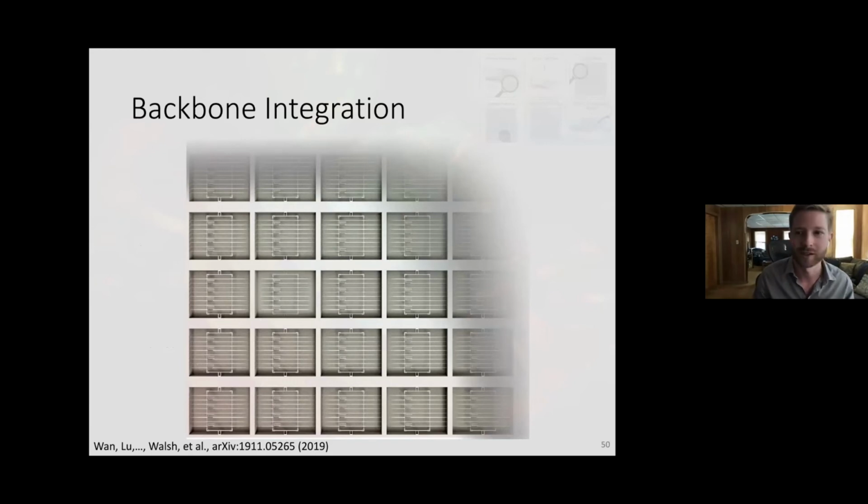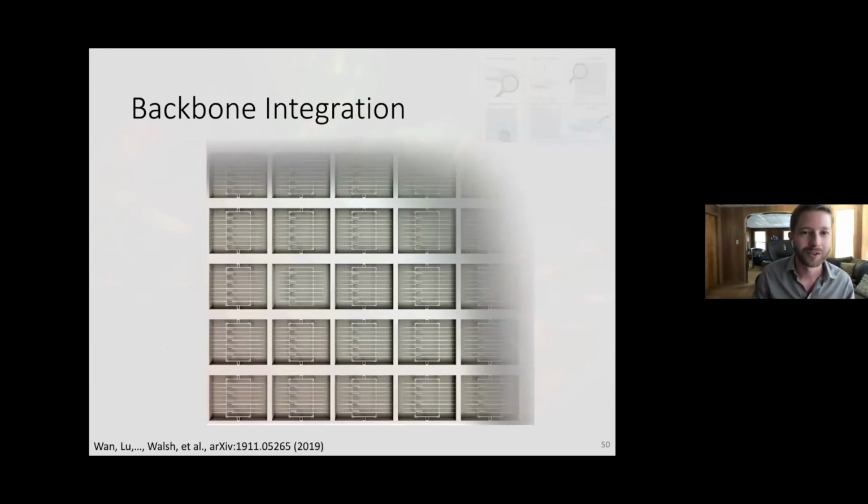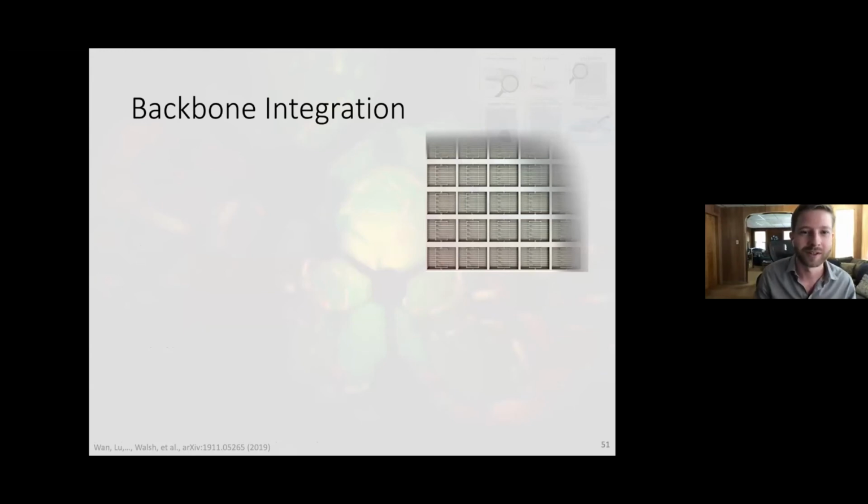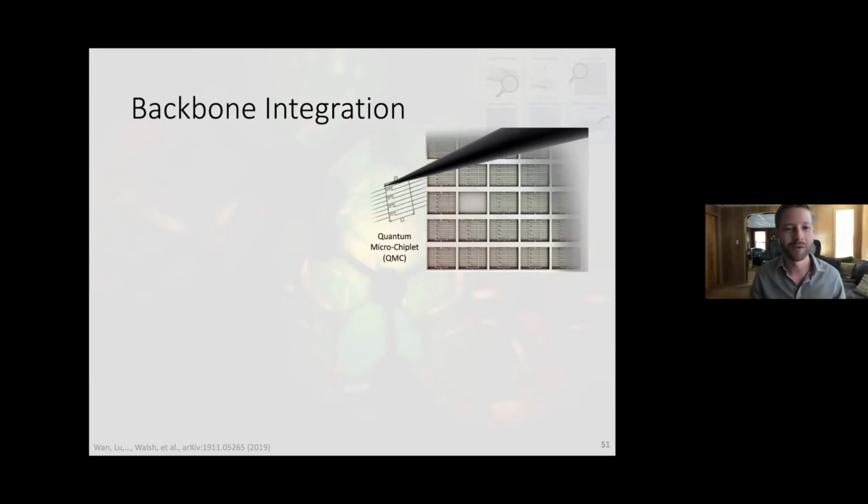So what you're looking at here is a diamond chip, each of these little cells has 8 of those nanowires in them. And so what we want to do is come in with a tungsten probe and pick out one of those nodes, or what we call these quantum microchiplets. And we want to move that microchiplet